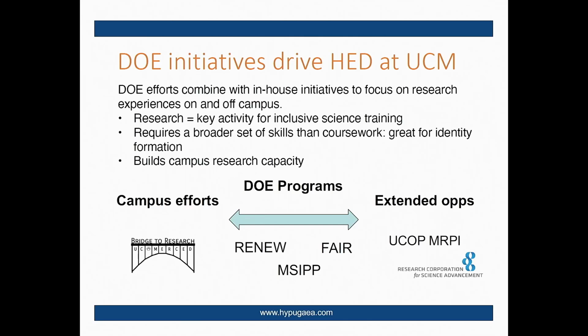We actually enjoy working together, and we do all have different skills that we can bring. And that has meant that we were able to build on that, pull out different pieces from that team in areas that make sense, not only to leverage other DOE programs, but to influence campus efforts like our Bridge to Research program, which is something that my collaborator David Strubbe and I do just on campus with our own money